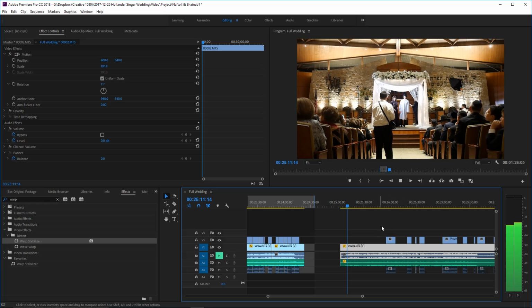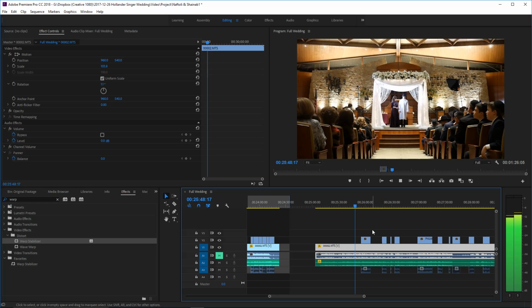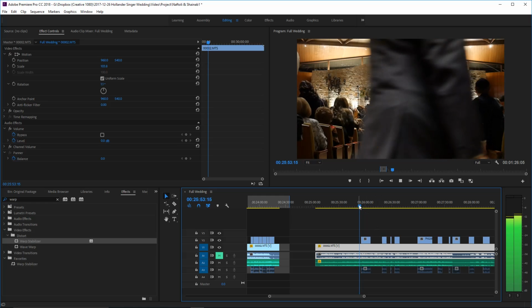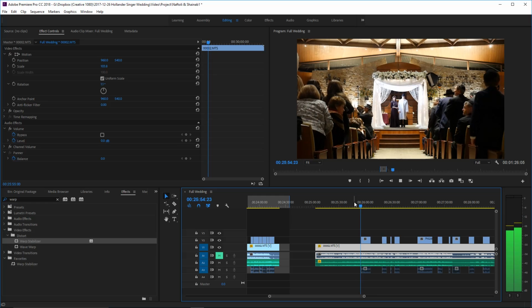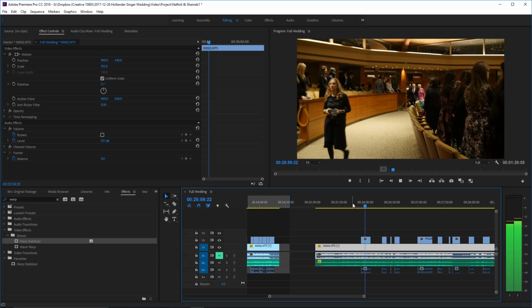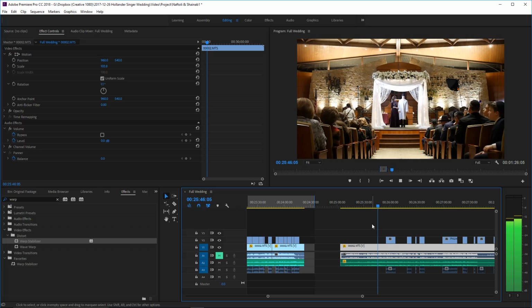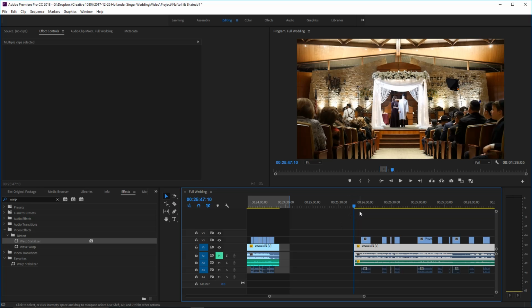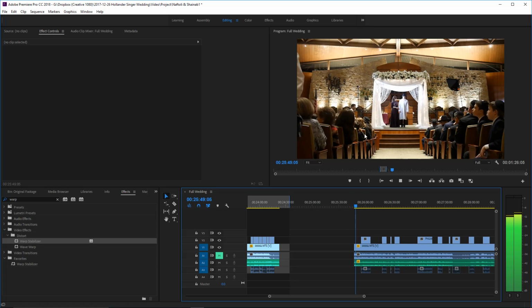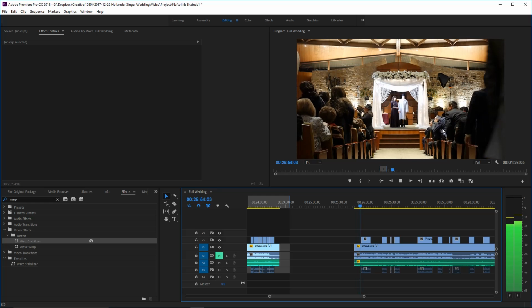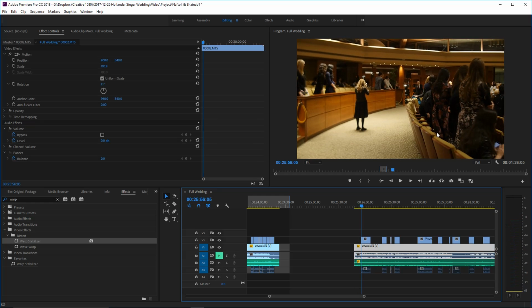Now we want to go straight into it, even though in actual real time the band stopped, we want it to appear more continuous. So I want to find a nice break in the music, and we're going to do an interesting trick here.